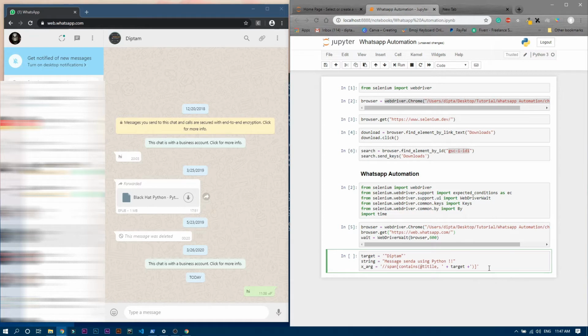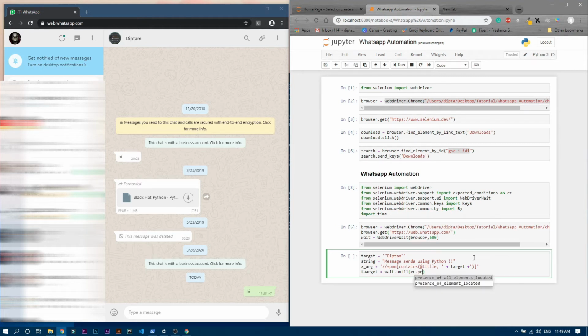And now we have to wait a few times, so we will just write target is equals to wait dot until, and we have to write over here ec, meaning expected conditions. Okay, so we want this expected condition, so I'll write until, in the parenthesis we have to write ec dot presence of element located. So you can press tab, and I guess you will get some suggestions. You can see it is now processing.